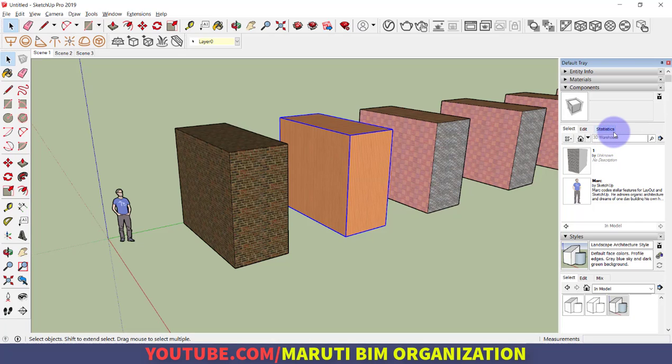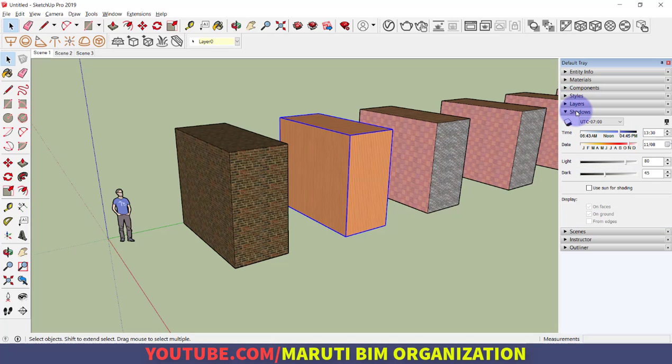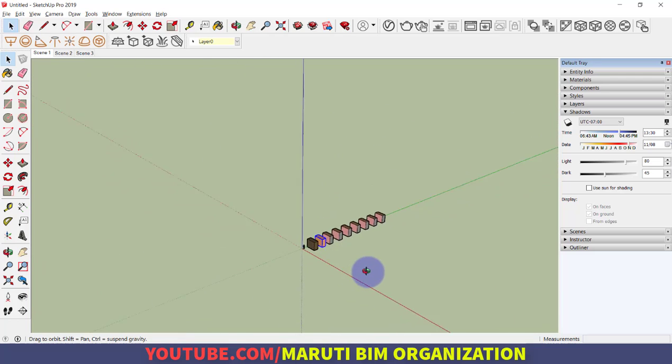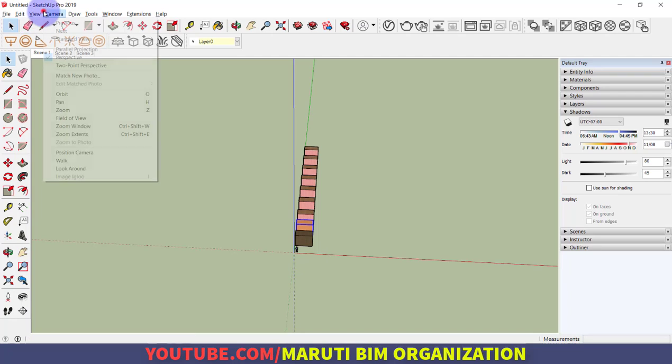When we place the 3D warehouse component, at that time I will also explore all these options. Layers we have seen, shadows we have seen. Now in the shadows, one more thing you want to explore is the green axis. The green axis shows the north direction. So if I go to the camera,